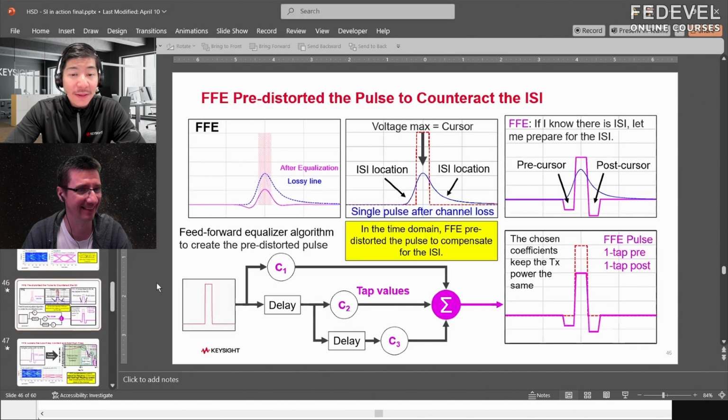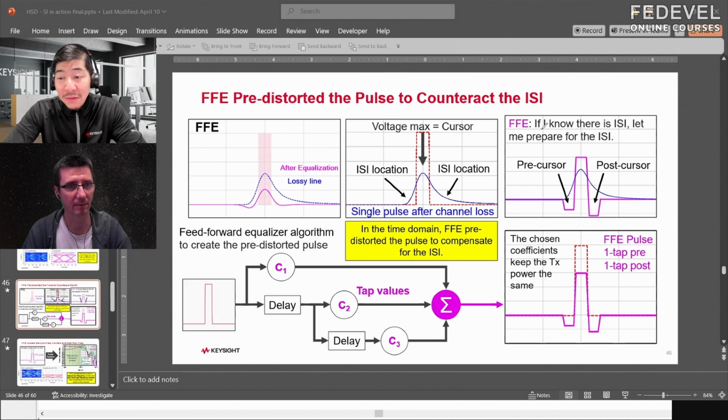FFE looks something like this. So we'll walk through just a little bit from the left to the middle. We mentioned the voltage maximum, we'll call the cursor. You have pre and post cursor. What FFE is doing is trying to pre-distort the pulse on the transmitter side. So in the pink, I've shown you that there is some ISI leakage. So FFE says, if I know there's going to be ISI, let me prepare for it. That's why we have these two